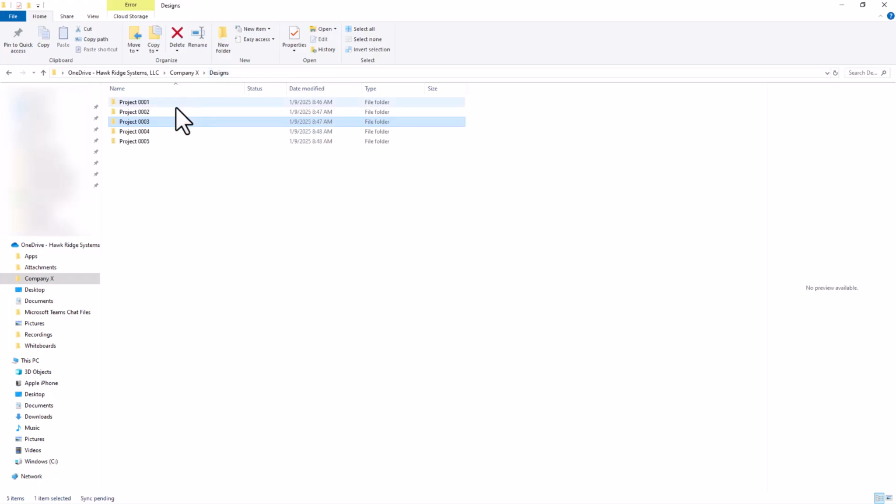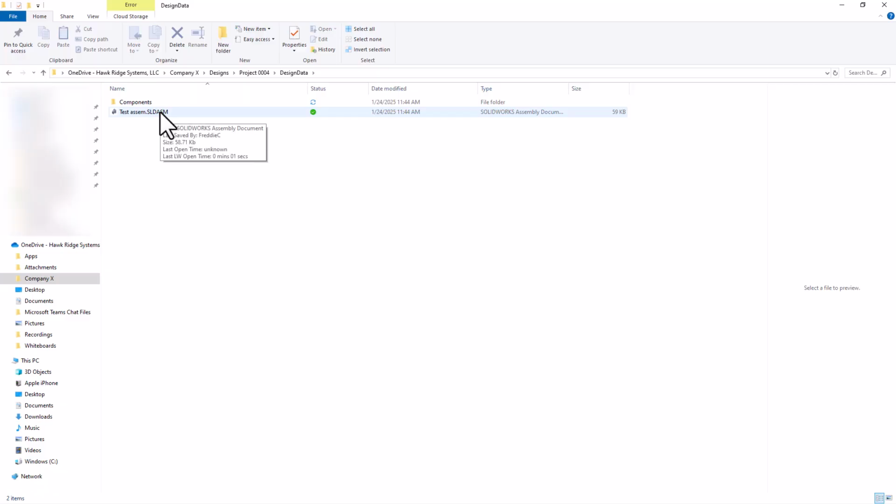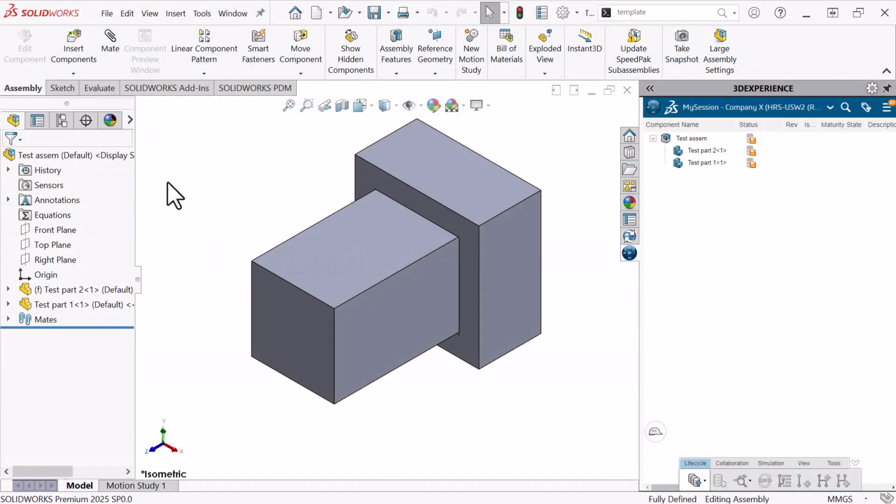Let's go ahead and use something maybe from Project 4. So if I go to design data here, I'll see I have this test assembly. And if I wanted to edit this with my typical folder structure, I could just double click it to open it inside of SolidWorks. And you'll notice the part opens up just like I normally would with SolidWorks. I can edit this, make my changes, save it back to my OneDrive if I needed to,